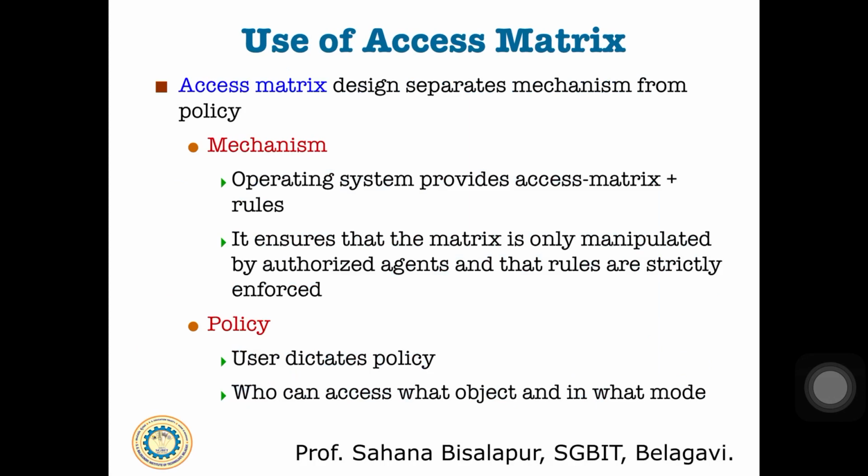For example, in the previous figure, for domain D1 and file F1 we provided the read operation. So it must have only the read operation on file F1. Other than that, other operations should not be permitted. Here we can also implement policy decisions concerned with protection. The policy decisions involve which rights should be included in the ij-th entry. What rights we are going to write in the rows and columns is decided by the policy.